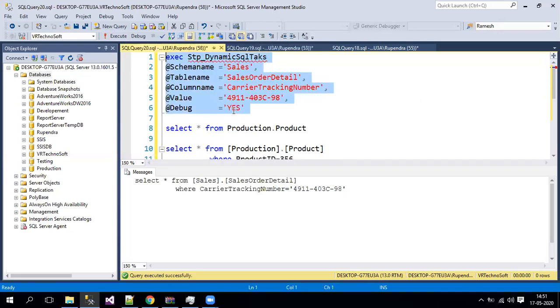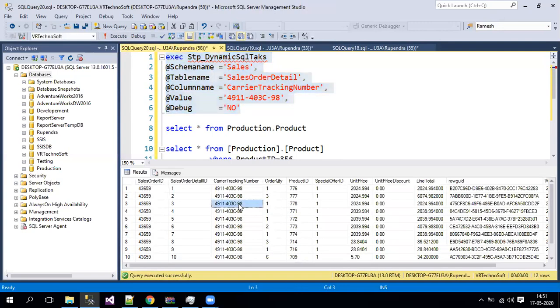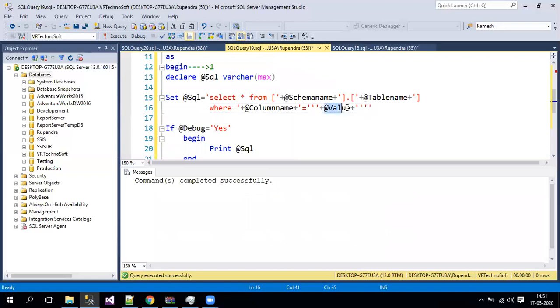Now let's go with no option and execute. Now it's giving the proper results, right? So the two things you need to remember here: it is an integer column, so you definitely need to convert that into a character to make sure all the values in the select query can be concatenated. And if it is a character value, it should definitely have a single quote, so you need to put the single quotes up to where there is a single quote in the value. This is how we can write a dynamic SQL.